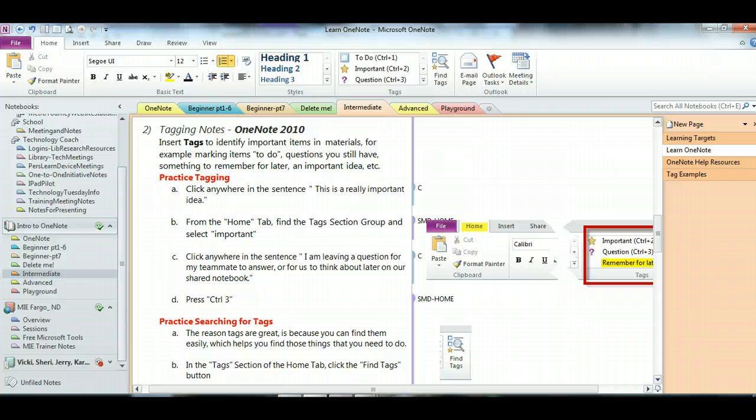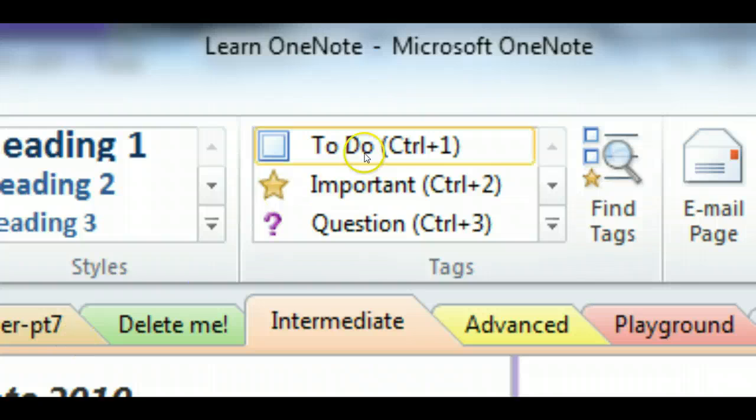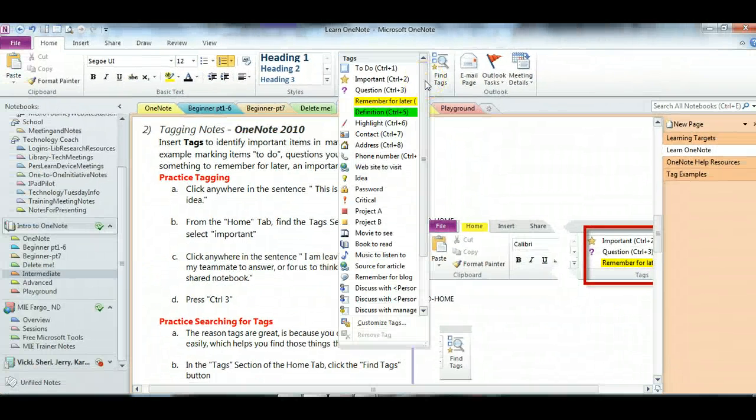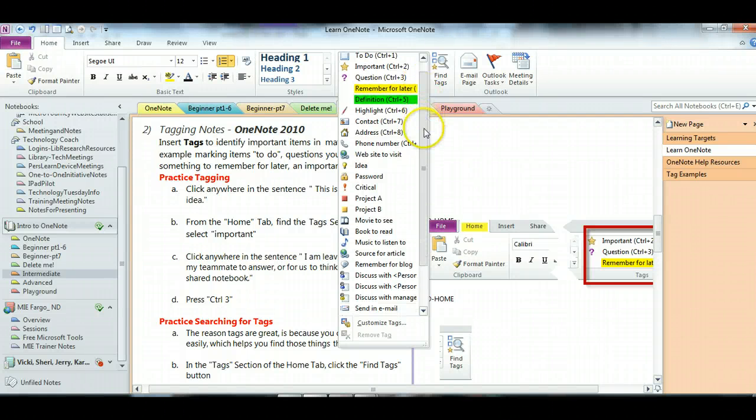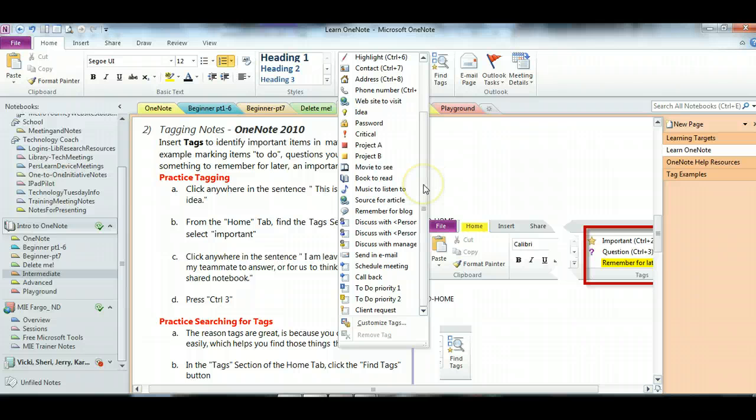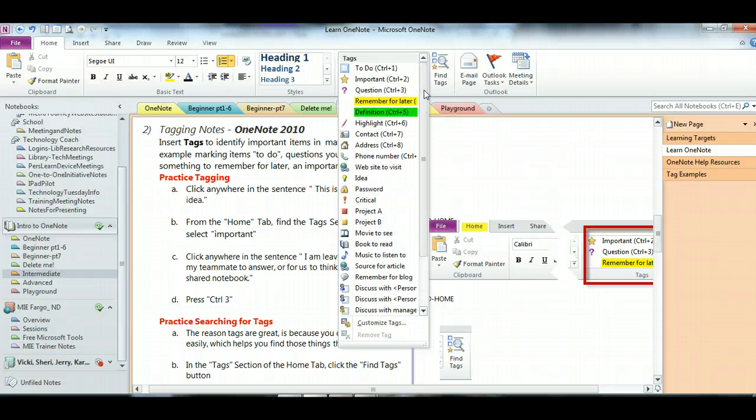One of the areas that's new to me is tagging notes in OneNote, and we're using Office 2010. All we're going to do here is add some tags, and this is found on your Home tab under the Tags group. These are just tags that you can add to your notes. They are completely customizable, they are searchable, and we're going to go ahead and add some tags into our sample,